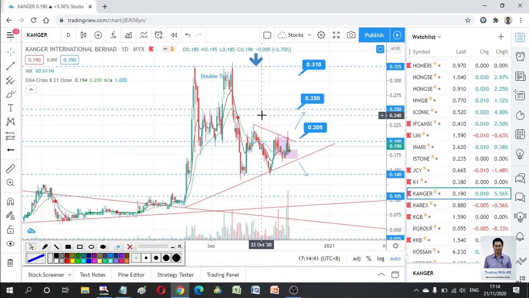Okay, so this is our complete analysis. On the vaccine market, I think this is the industry that everybody is watching, and it could be the next industry that you can make money from, and also could be a trap that you could lose money. So be careful when you trade.